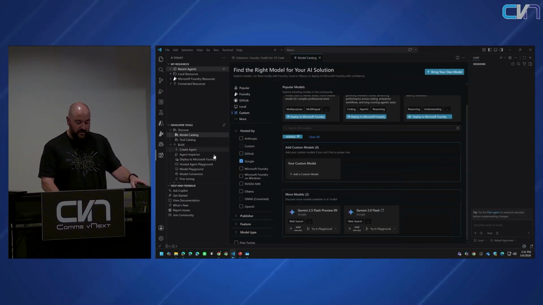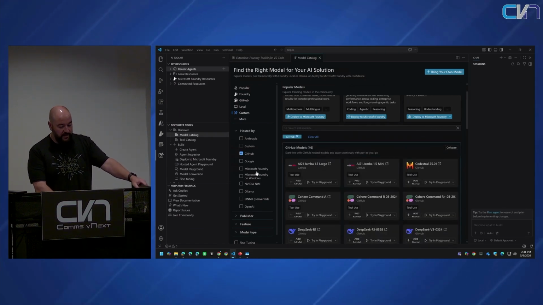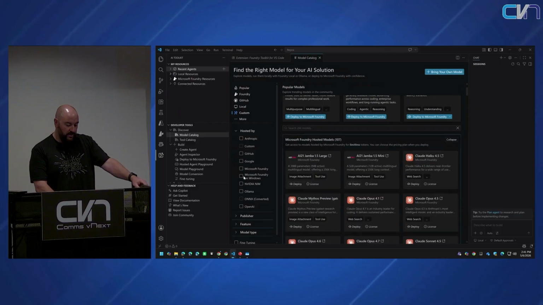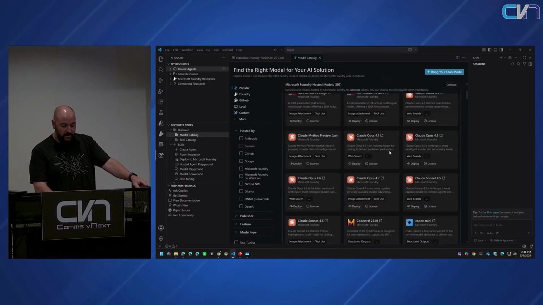But anyway, so as we're going through here, you can see GitHub has its own models that are hosted on GitHub. There's a few from, let's see, I don't see xAI listed in here, but they are in here. So lots and lots of different models. As we scroll across the screen,